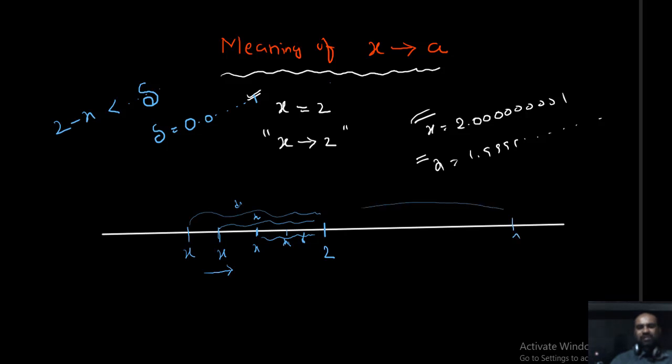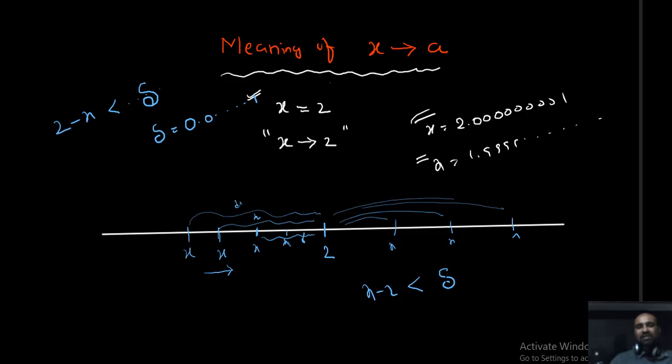So this is the distance between x and 2. Next, x is here. This is the distance between x and 2. Now x is here, and this is the distance between x and 2. So what I can say, the distance between 2 and x is decreasing. Now I can say that x is approaching 2 from higher values of 2. When will you say that? When x minus 2 is less than the same pre-assigned positive real number, say delta. Okay, then I can say that x is tending to 2 from higher values.